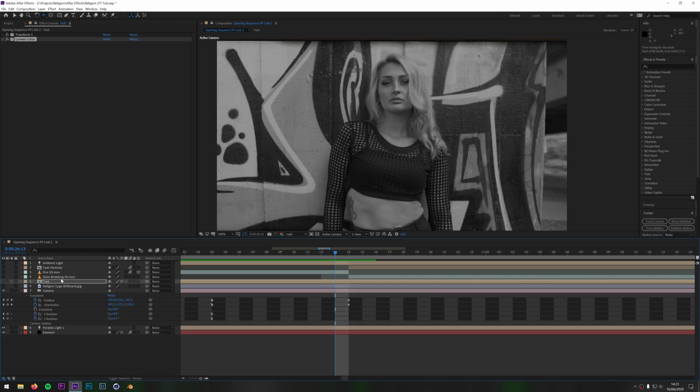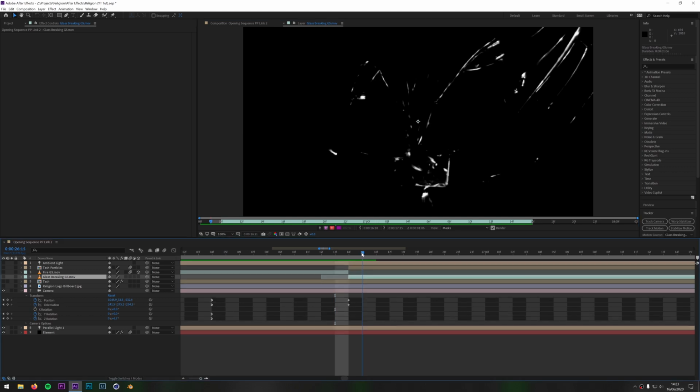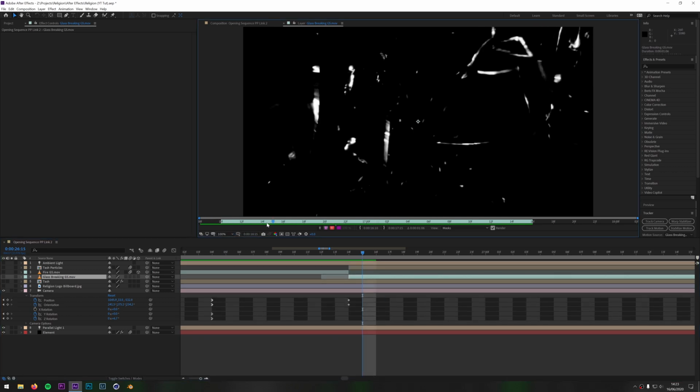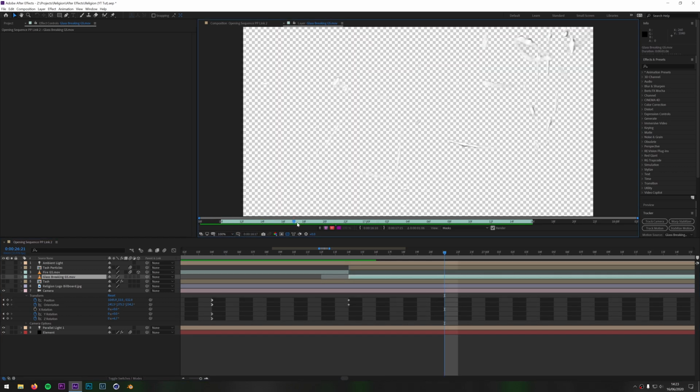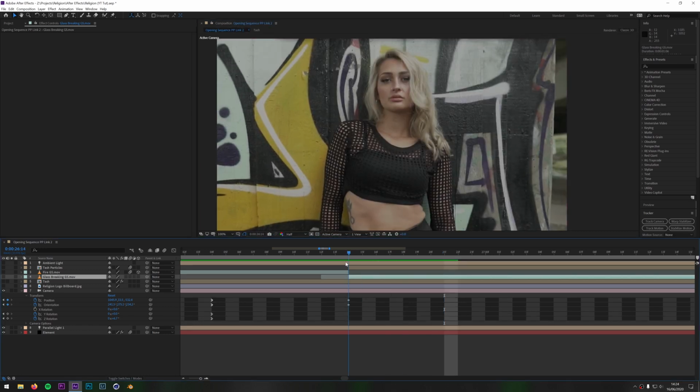The next one up from that is the glass breaking. The glass breaking itself is just some green screen footage of some glass breaking. Let me just play this back, and you can see if I actually turn off the background, well, you can hardly see it, but it's been keyed out already, and this is just what I've overlaid. I mean, it's not realistic because you wouldn't really be smashing through glass when you go through a billboard.